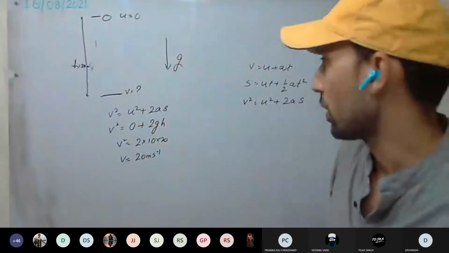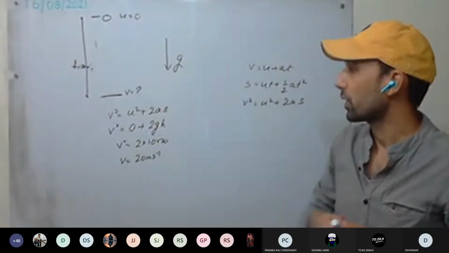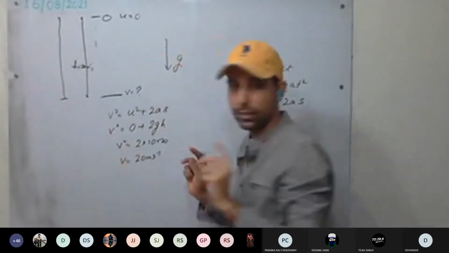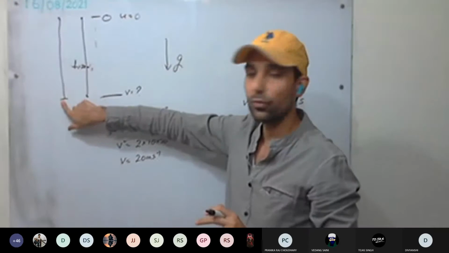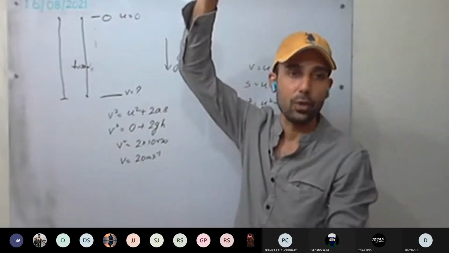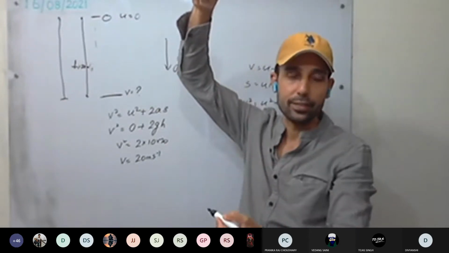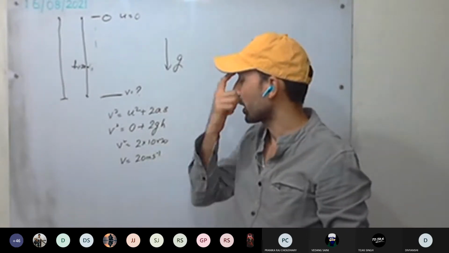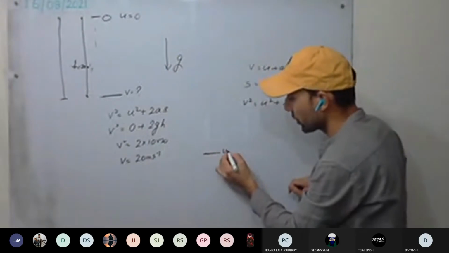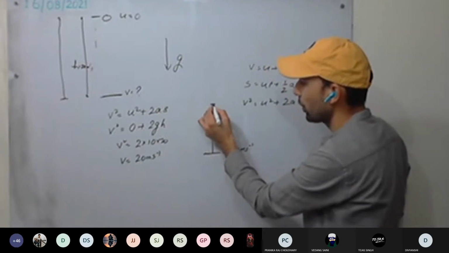Total time of the journey of the ball. You can calculate it. We can calculate the time taken by the ball going from the ground to some height and double it, or we can calculate the return journey time and double it. So which one should we take? While going up, for example, the initial velocity was how much? 20 meter per second. It reached the top height.